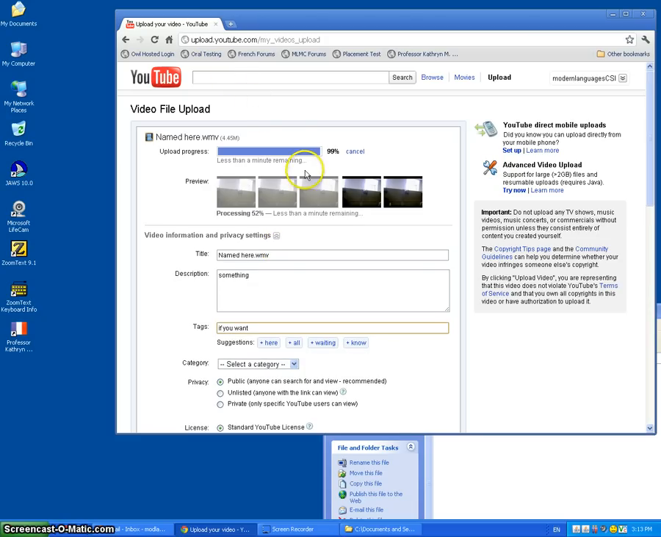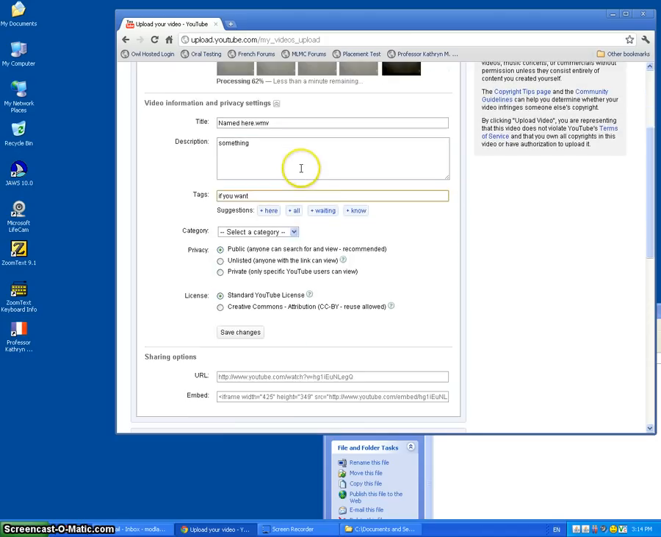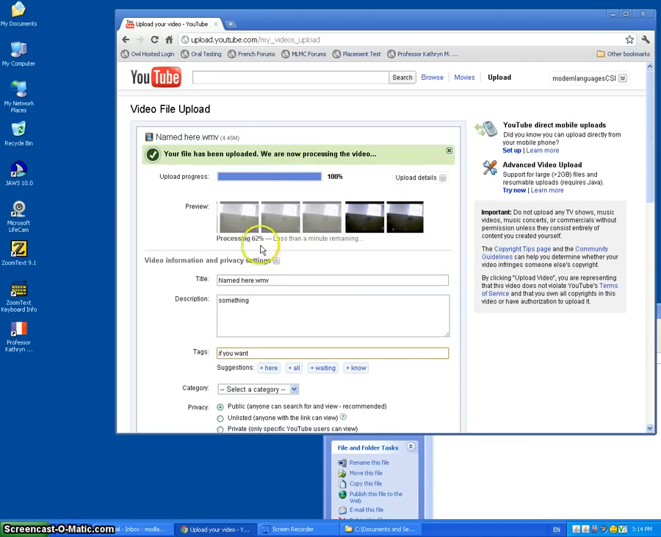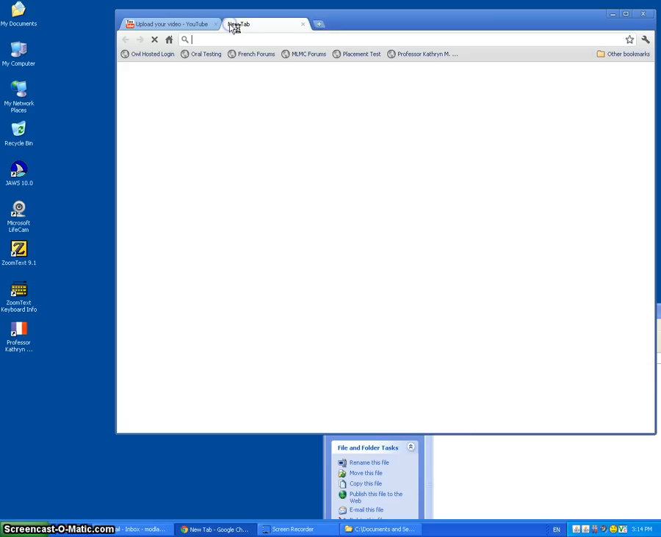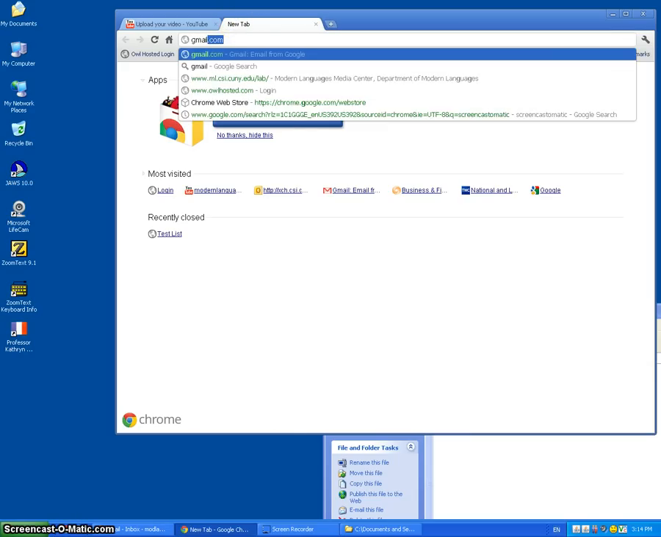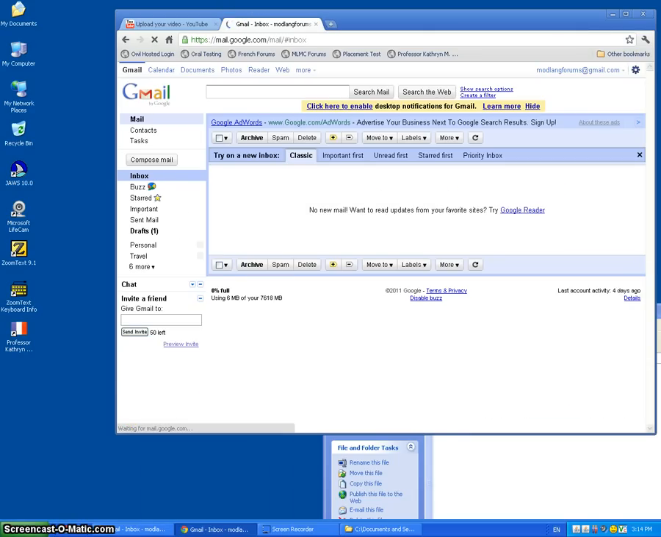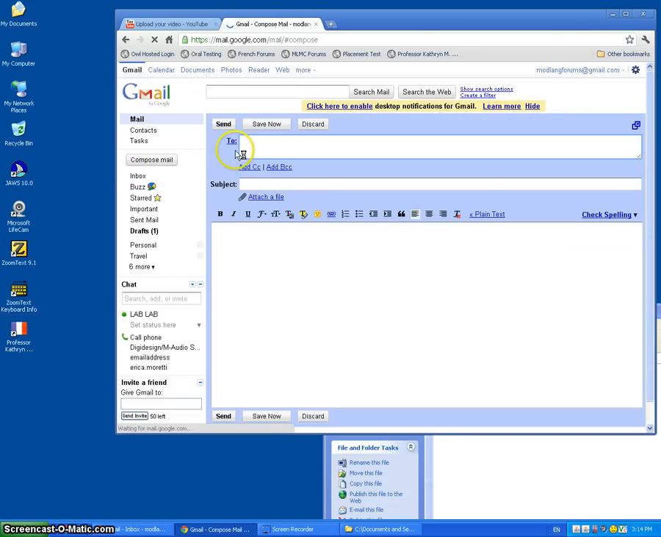And through the magic of video editing, the upload has just finished. Now you can see it's still processing. Only after it's done processing is when you can actually view it. While this is going, I'll also show you how to add it to an attachment. So let me go to my email, compose a new mail, send it to somebody,